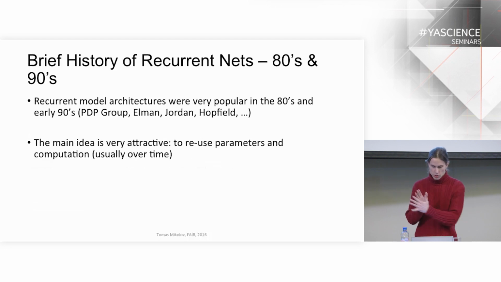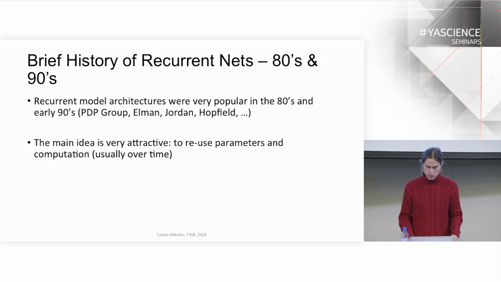So to see the trajectory where we are going, I think it's good to have a very brief overview of what happened and what the main breaking points were in the history. Recurrent networks have been known for a long time. They became popular in the 80s and 90s in the work of Jeff Elman and Jeff Hinton and Mike Jordan and so on. There were actually a lot of famous researchers working with recurrent nets back then.